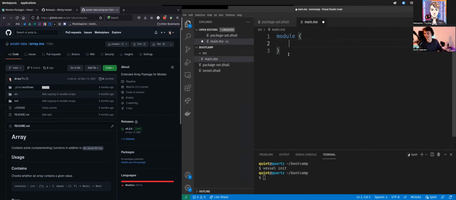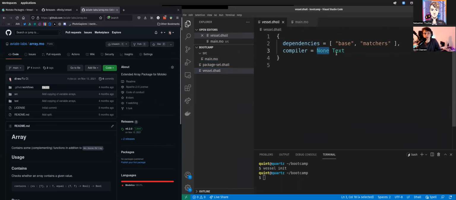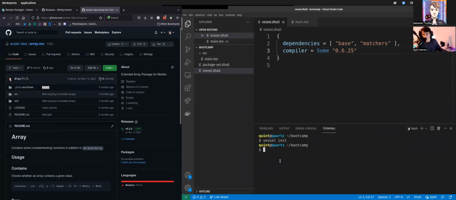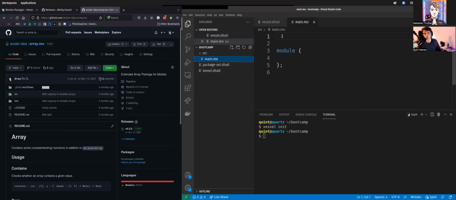And in here, let's say we want to create some kind of module. Vessel allows you to install a certain version of the compiler for you. So for example, if we want to use the latest compiler, since the DFX SDK sometimes is a little behind, we can specify it in here and use it. Right now it's going to get a little advanced how things work, and it can be daunting in the terminal, but basically Motoko comes with an interpreter, and what an interpreter does is it tries to mimic the code, how it would be run, and checks things. So Vessel allows you